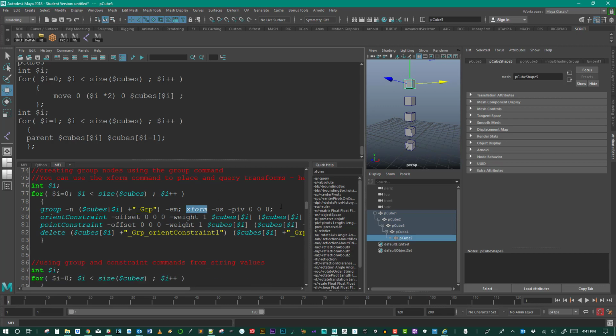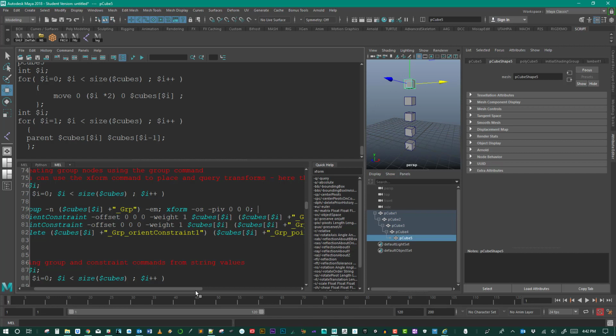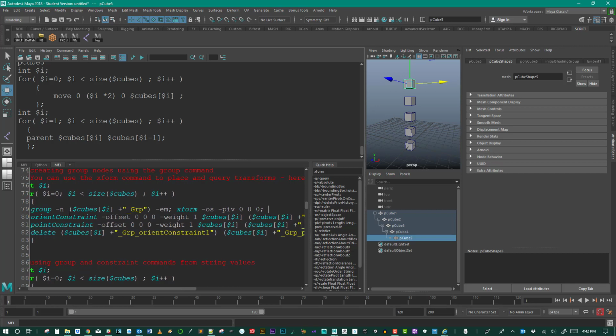So let's go ahead and run this for loop. We're starting at 0, going to 5 iterations and incrementing. So I'm going to make this group. And then I'm going to orient constrain